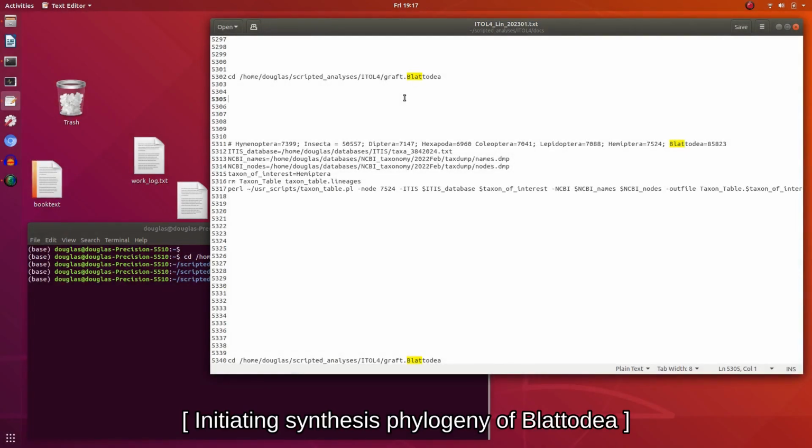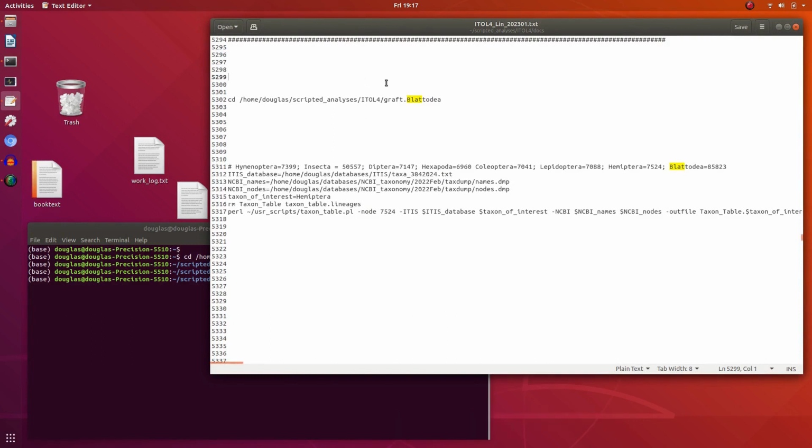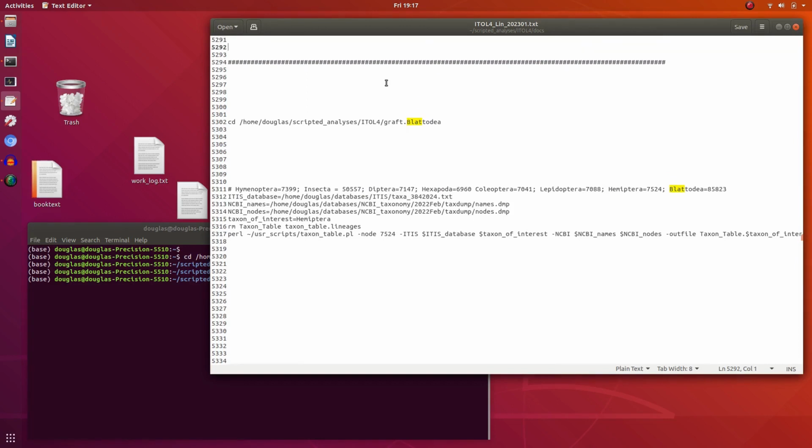Today's job is to initiate a phylogeny of Blattodea, roaches and termites. So I'm progressively going through the insect orders. The reason for this is to improve the quality of the phylogeny. My earlier iterations to build an insect tree of life